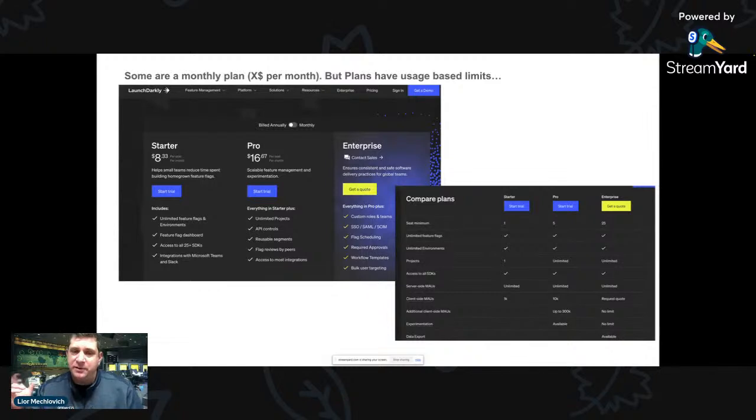Even if I take a simplified example, not to start with the cloud provider, something simple that you see. This example is Launch Darkly. It's a feature flag company, has packages, pretty straightforward. You can read it. $8 per seat per month sounds easy, right? But if you read the details, you actually see, oh, it's actually limited to this number, and there are all those details of usage there. All those vendors have to cap their usage somewhere, and that actually means for us that we need to build this in our product, right? Because somebody needs to monitor that. Somebody needs to understand that the customer is crossing those tiers.